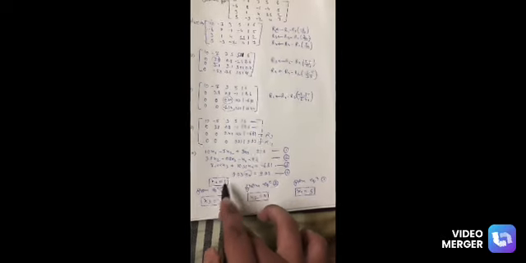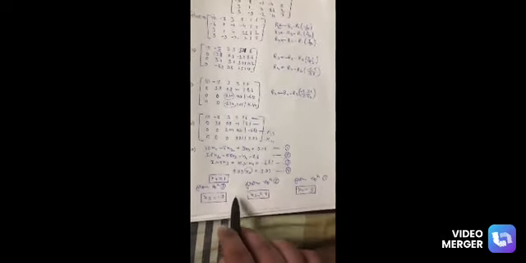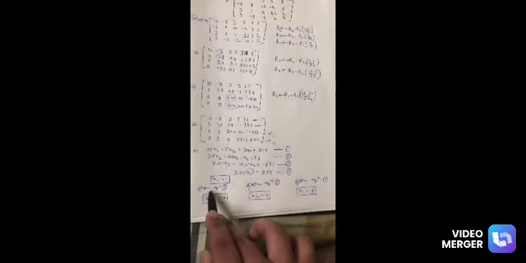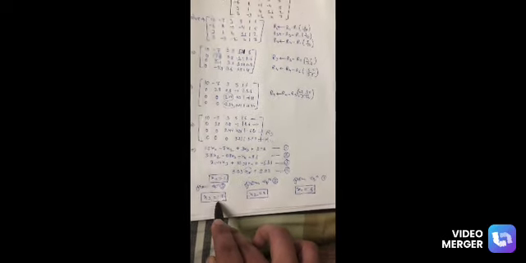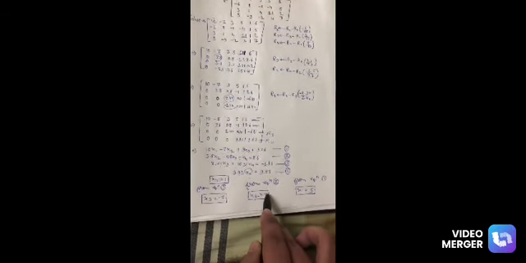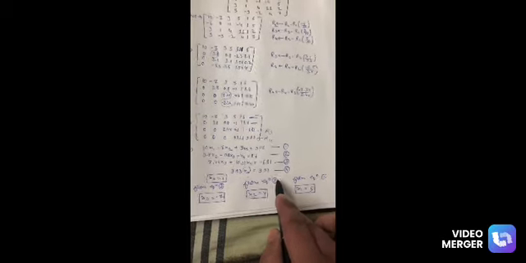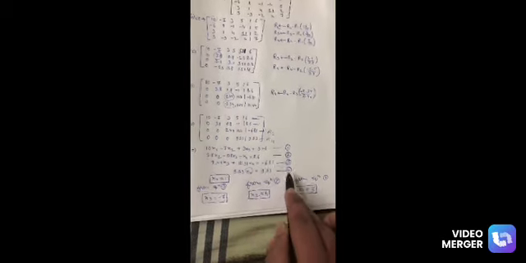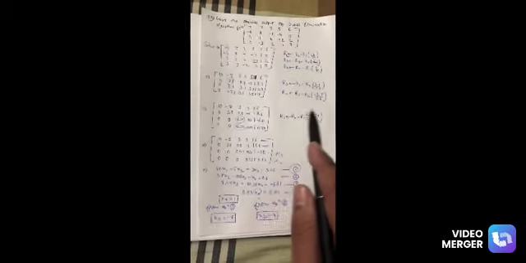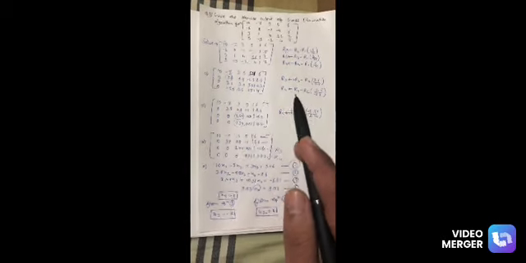From equation fourth, we can clearly see that the value of x4 is 1, and by the back substitution technique, we put the value of x4 in equation number third, and from it we get the value of x3, which is minus 7. Substituting the values of x4 and x3 in equation number 2, we get the value of x2, which is equal to 4. And by back substituting the values of x4, x3 and x2 in equation number first, we get the value of x1, which is equal to 5. This is our answer for the Gauss elimination algorithm for the given matrix.